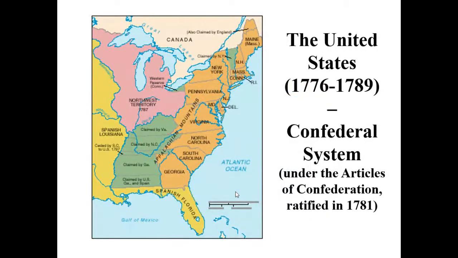Here's a historical example of a confederacy. The United States, in the period from independence in 1776 to the time that the Constitution went into effect in 1789, so about 13 years, where the United States operated as a confederacy under the Articles of Confederation. And it really was the reality. It was the accurate representation to say that the United States in that period, each individual state was essentially its own country.